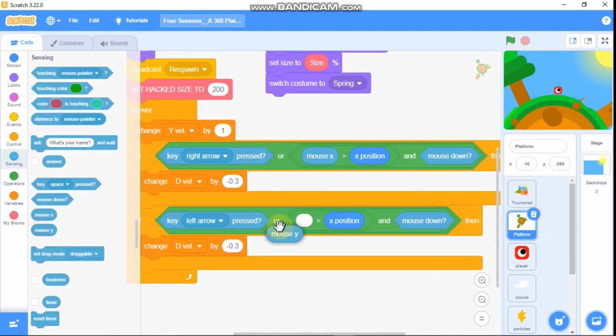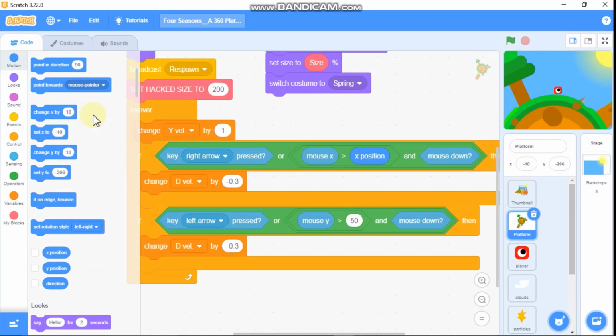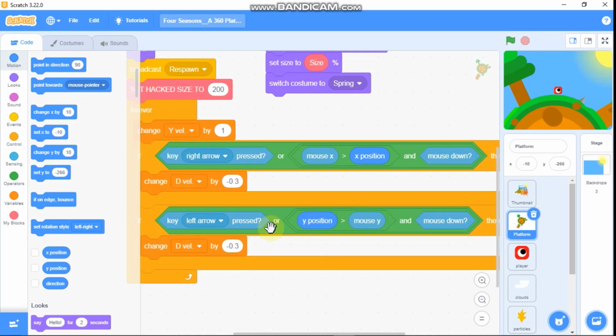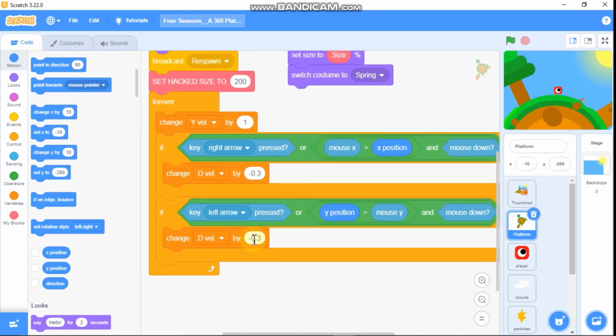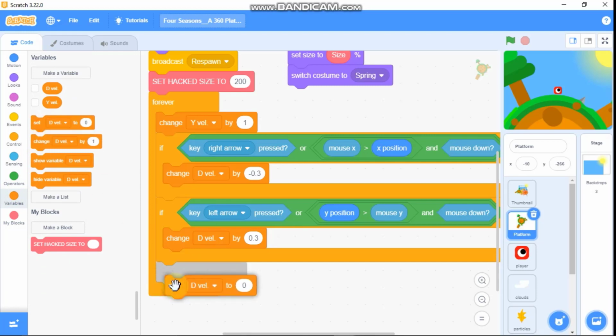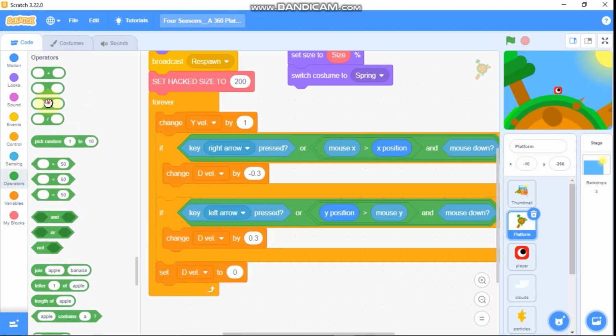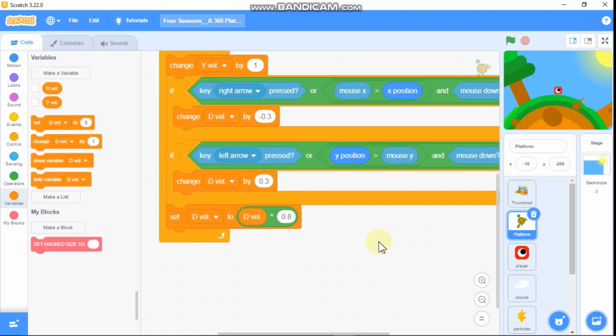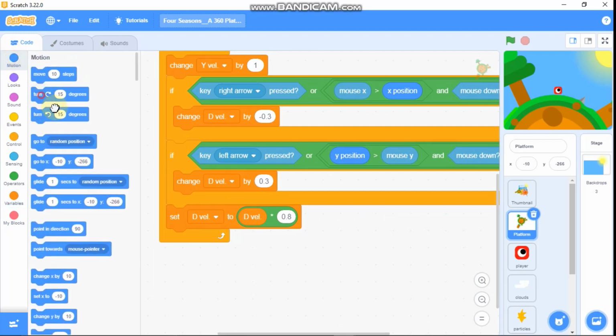Change this mouse X to mouse Y and our X position to our Y position. Then we need to change dval by 0.3, and then grab a set dval to dval times 0.8. And then we need to turn dval